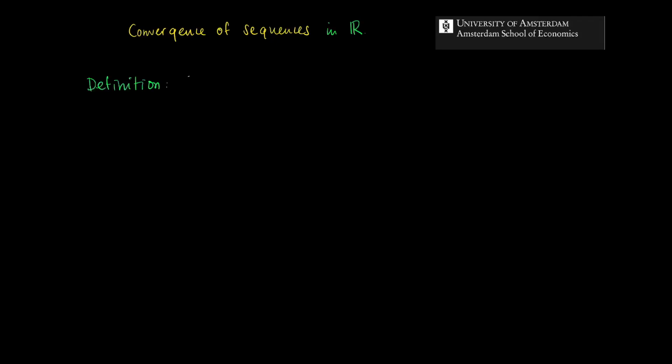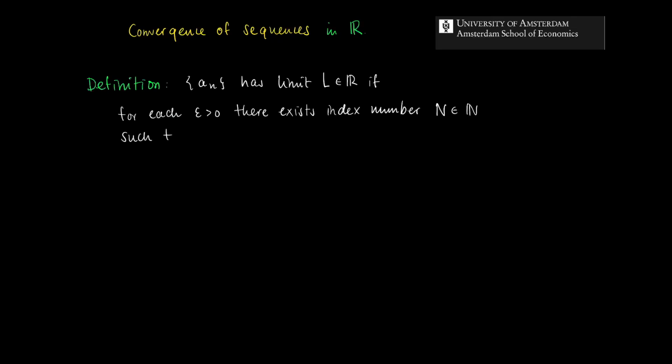So by definition, what does it mean? I will just plug in the definition here and I will discuss it later on. So what does it mean that a sequence is convergent? Well, a sequence is convergent if the elements tend to a certain value. So here is the value L in R, and a_n has a limit or converges to the element L in R